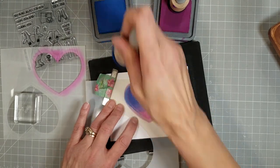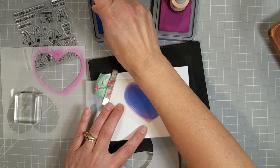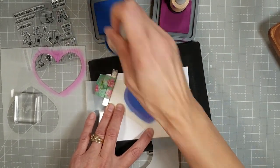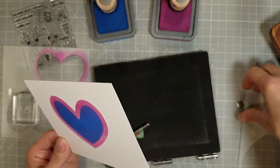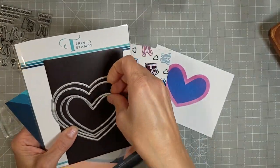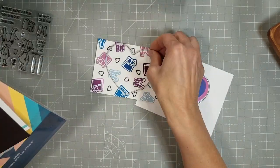I love that they line up so perfectly with those laser etched lines, and that takes the guesswork and some of the time out of centering these hearts together. I love how these inks layer together. It is so pretty. And I don't know if you know this, but there is a coordinating die set for